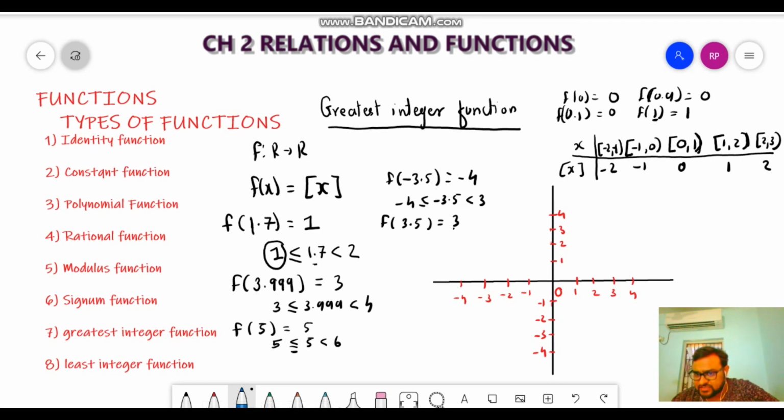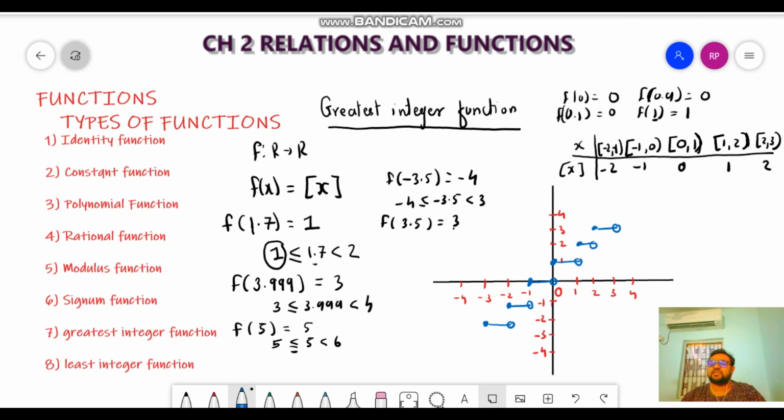See, I am taking minus 2. So I am taking this number and this, so I will use a solid circle here. But am I taking minus 1? No. So on the side of minus 1, I will use a hollow circle. Here, from minus 1 to 0, solid circle, hollow circle. Right? So this will be the graph. I can extend it here.